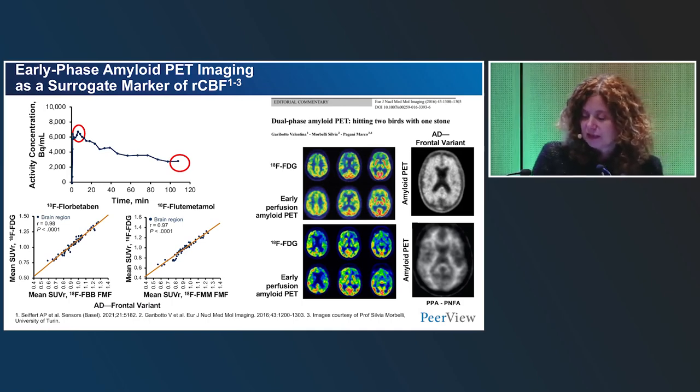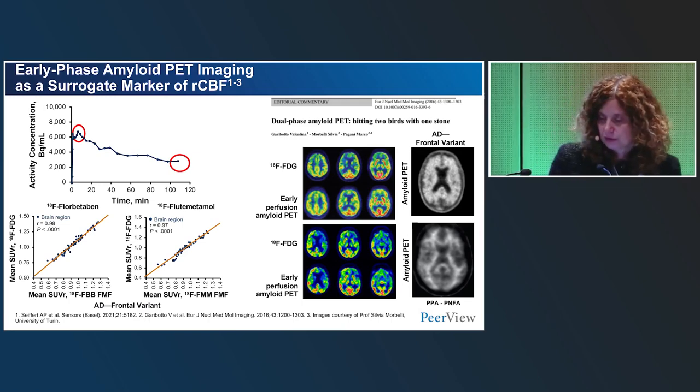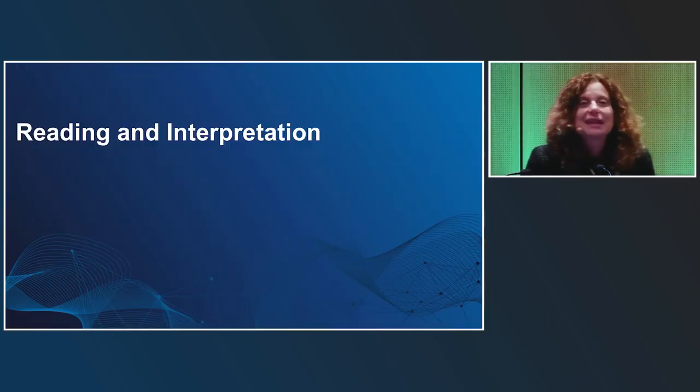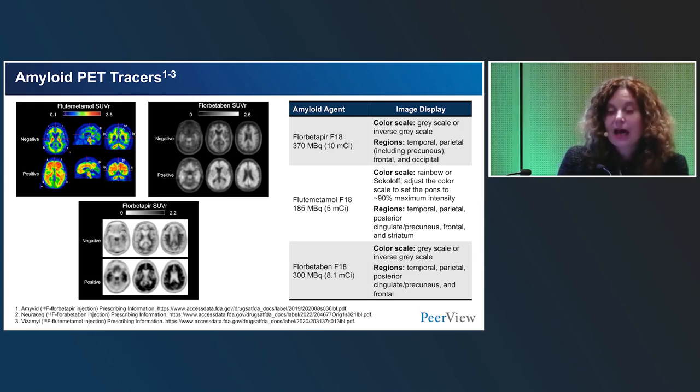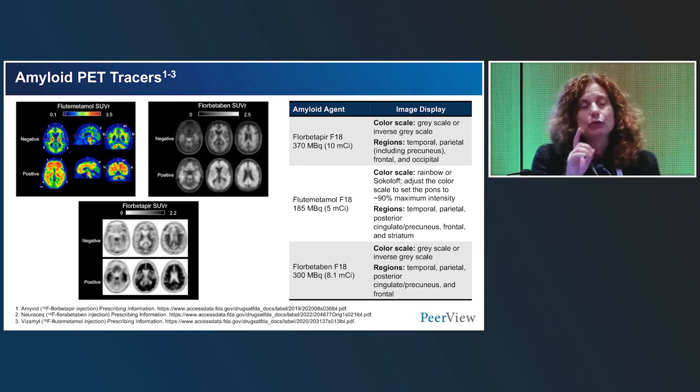But as you can see here, this is a patient with progressive non-fluent aphasia, and on the same day, in presence of a negative amyloid PET scan, we can have information about neurodegeneration in the frontolateral and frontoinsular cortex. So this is a case session, so let's move to reading and interpretation. I don't believe I need to go through the visual evaluation of images. I just want to mention, because then we will have information in the cases about visual reading and centiloids and